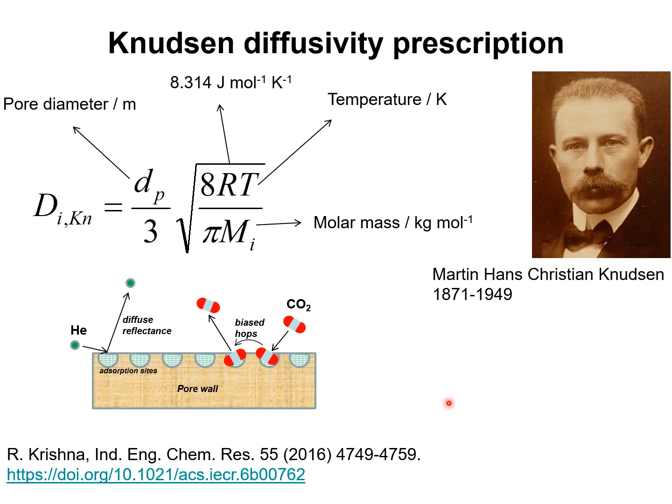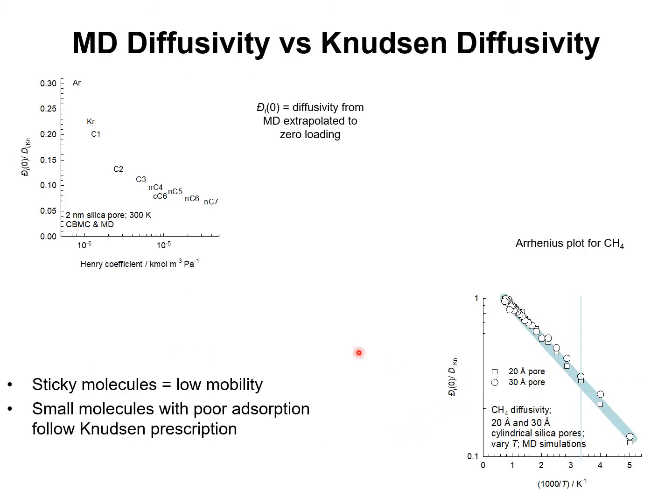We now compare the MD data for the diffusivity, denoted by this D_i with 0. We determine the diffusivity for a variety of loadings and extrapolate that to 0 loading to compare with the Knudsen formula. And this graph plots the ratio of the MD data for the diffusivity at 0 loading to the diffusivity